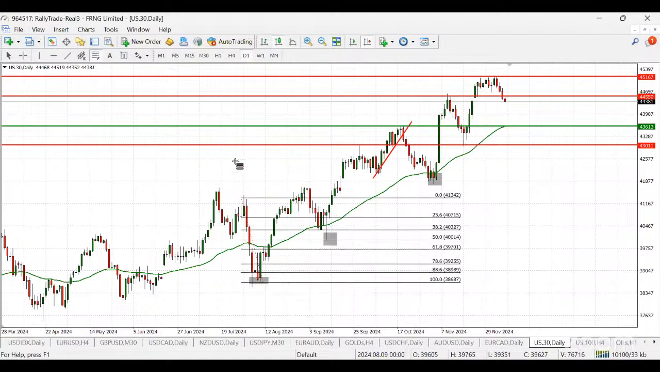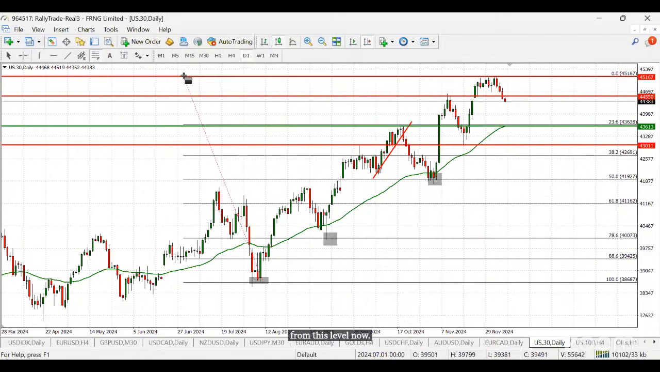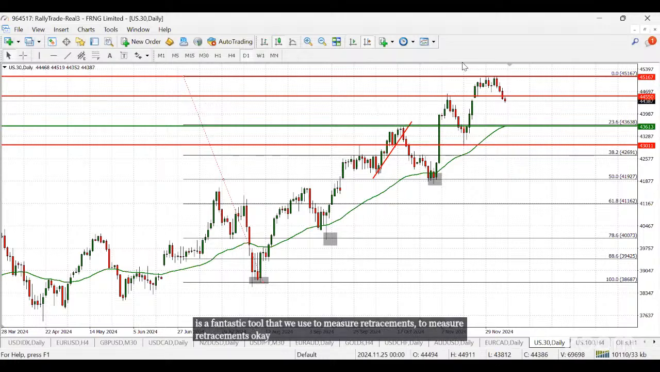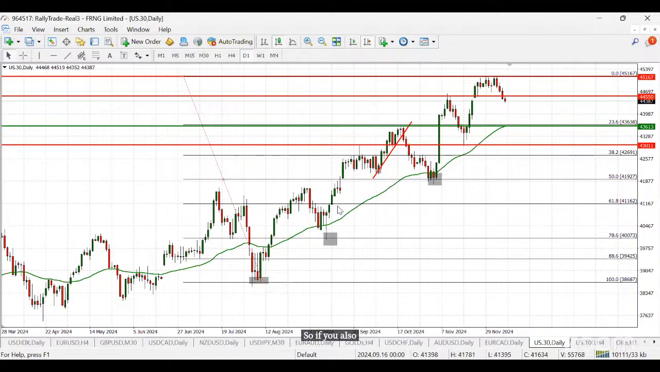From this level now to this high, from this level to that high. Of course, this is the Fibonacci tool. The Fibonacci tool is a fantastic tool that we use to measure retracements. So if you also look at the structure that we have here, a series of higher highs and higher lows,